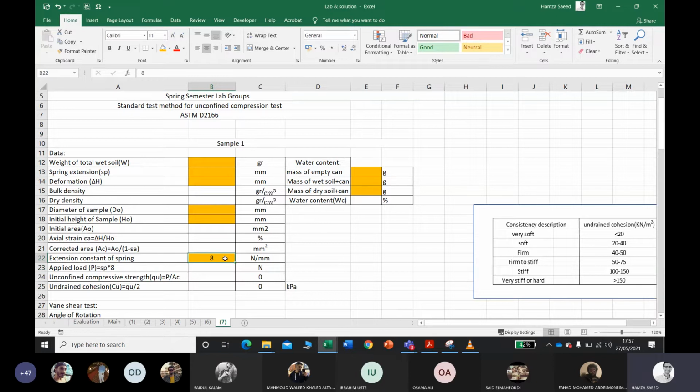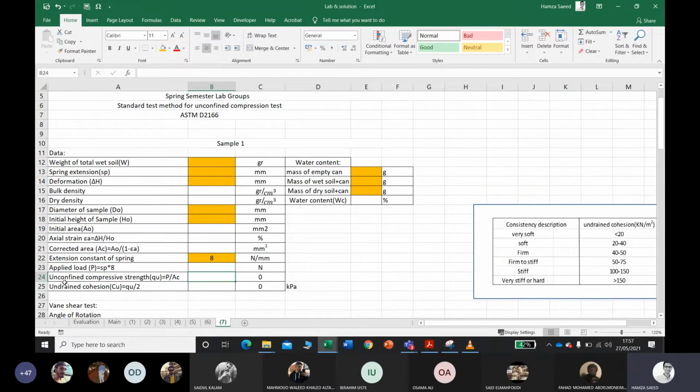This is what we used in our lab, so this value will be fixed. So the applied load, which is P, equals the spring extension, which we obtained from the curve, multiplied by the extension constant of the spring, or spring coefficient. So here we have obtained the applied load.